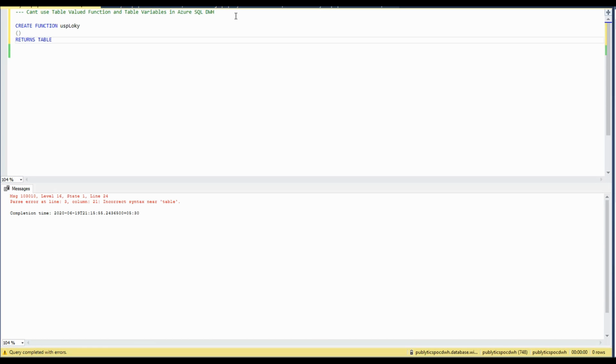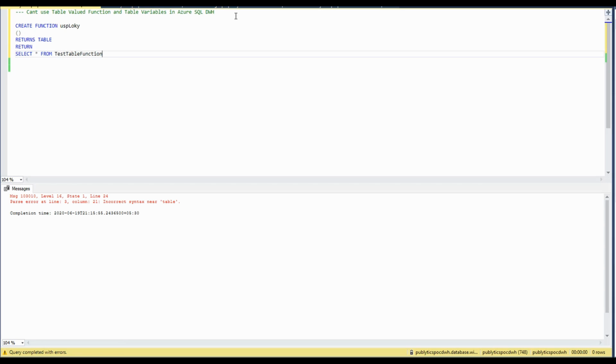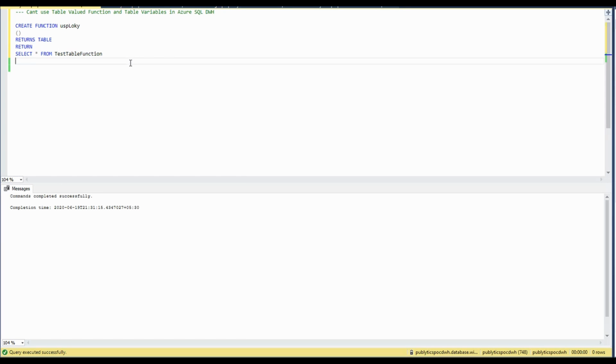In our case it would be a table, and then we'll say return, and then the test table that we've already created. So we'll run this command, and as I said, you will not get any error message. There you go. It helped us create the table valued function.